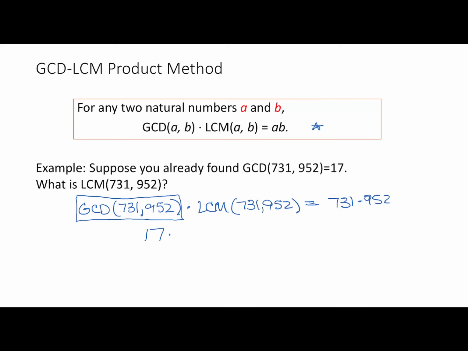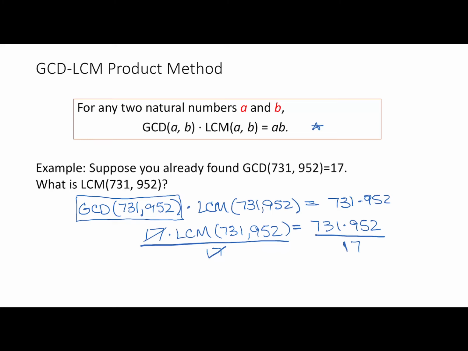So 17 times the least common multiple of 731 and 952 is equal to the product of 731 with 952. And now to solve for the least common multiple, we can divide both sides by 17. 17's cancel on the left, and I'm left with the least common multiple of 731 and 952